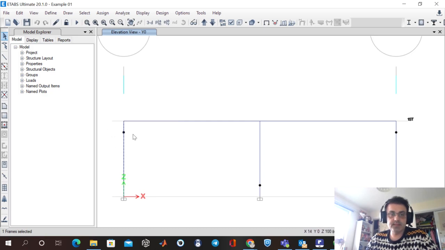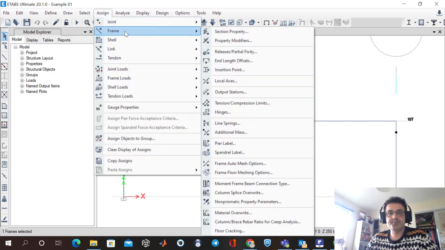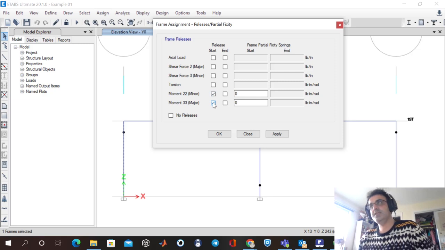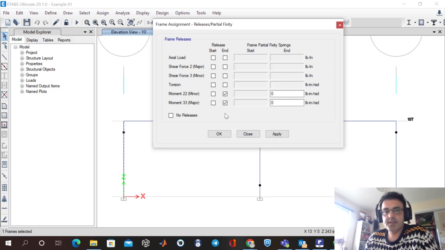element you want to release the moment at the end, and go to the assign frame, release partial fixity, and you can release the moment at one start and or end, whichever you want. If you tick these two, it puts a hinge at the start point of the element. If you put these two ticks, it puts a hinge at the end of your element, and if you tick